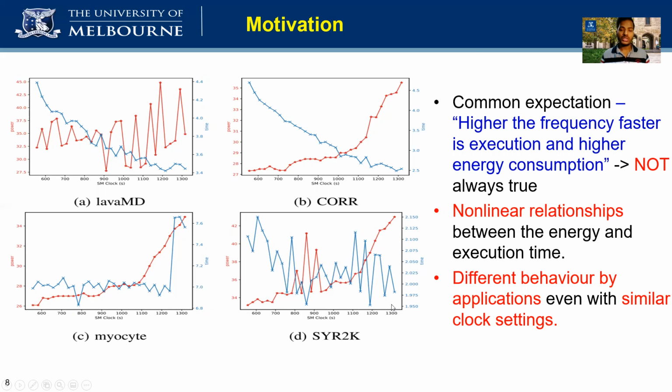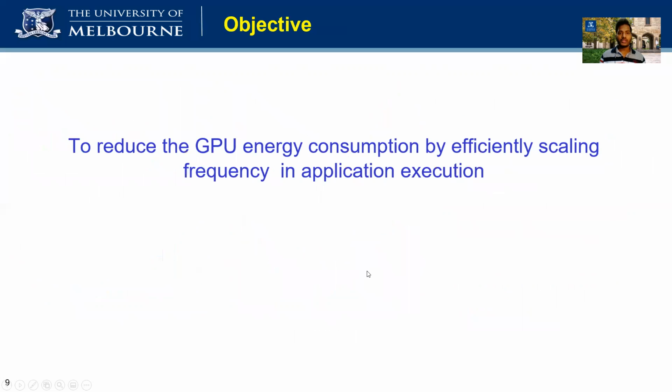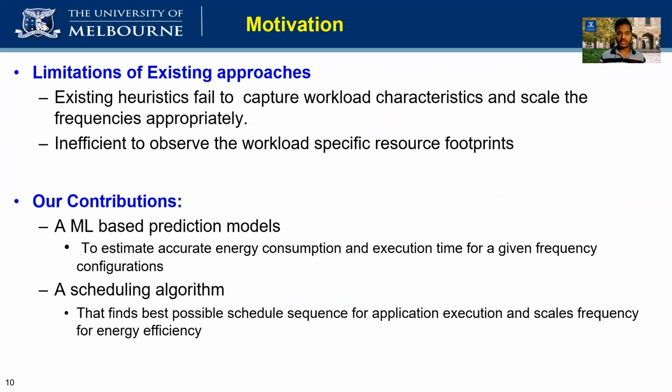This is mostly due to the resource usage characteristics of individual applications that may have different kernels and different responses for their execution as well as power consumption. So the objective of this study is to reduce the energy consumption of GPUs by efficiently scaling the frequencies in application execution. To achieve this, we propose our system model